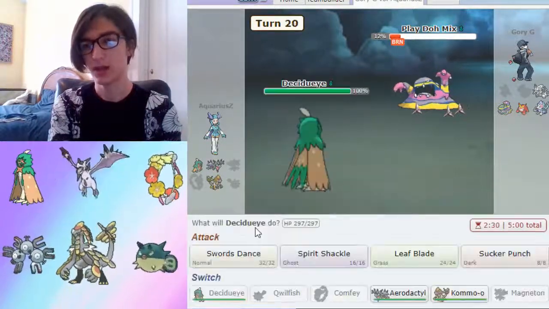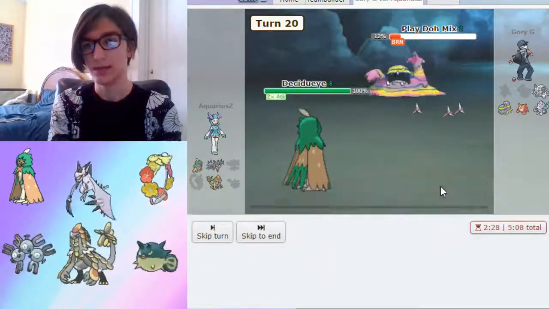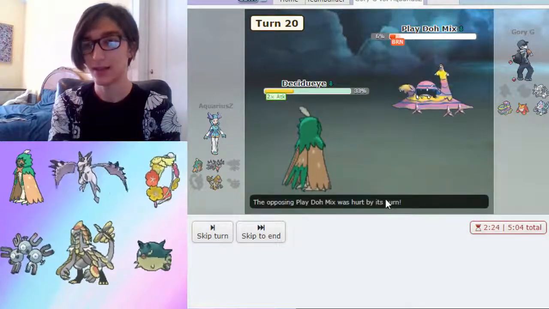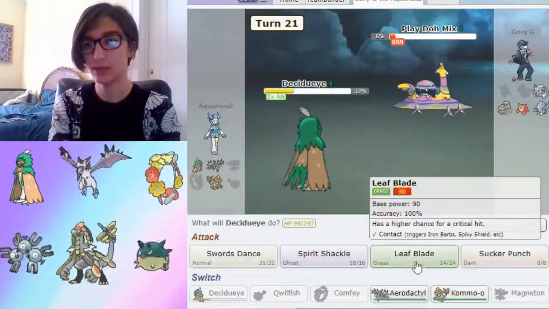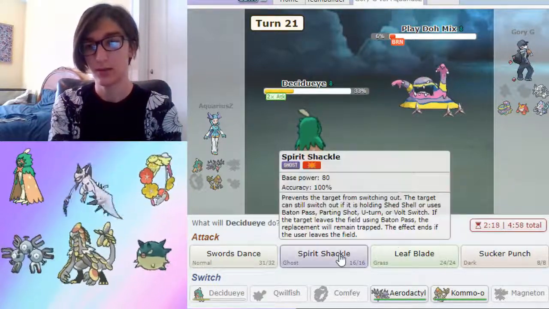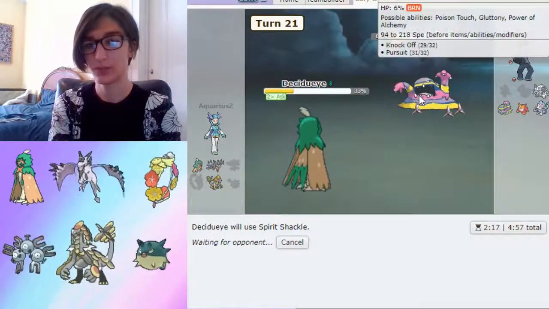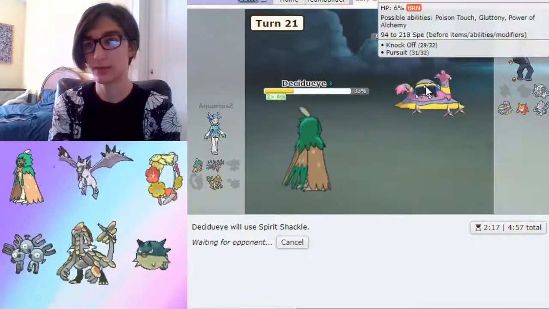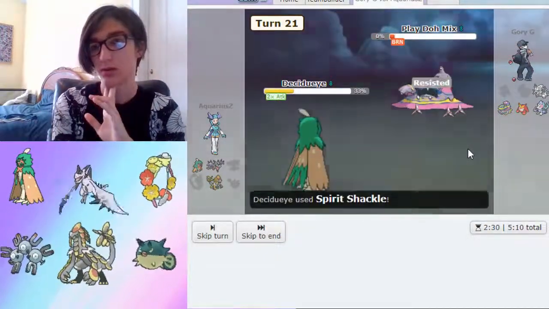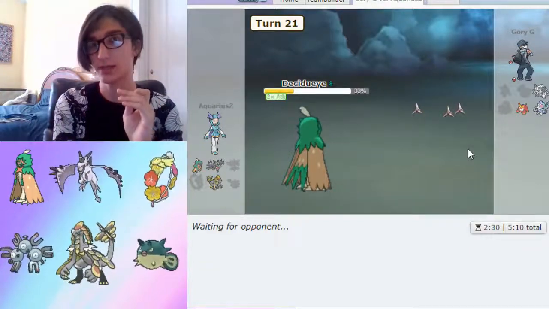Yeah, let's do it. I'm going to go for a Swords Dance here. As Knock Off does 67? That's crazy. Okay. Hopefully I did not time this poorly. Hopefully. I'm going to go for a Spirit Shackle. He might have Shadow Sneak, but I don't think it will kill me. I hope it doesn't. Alright, he doesn't have it, which means we gotta see if a +2 Sucker Punch takes